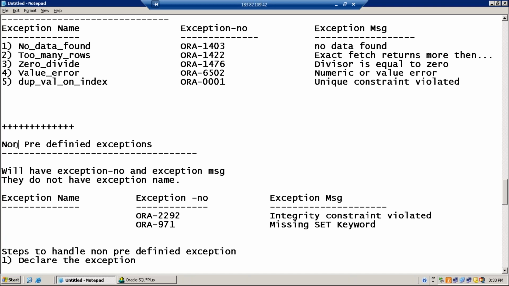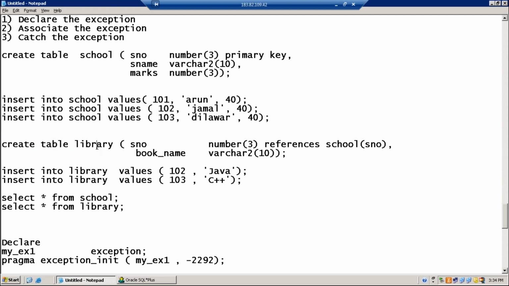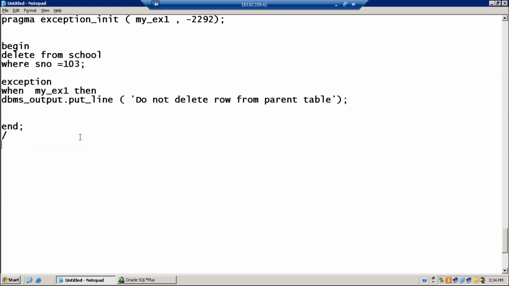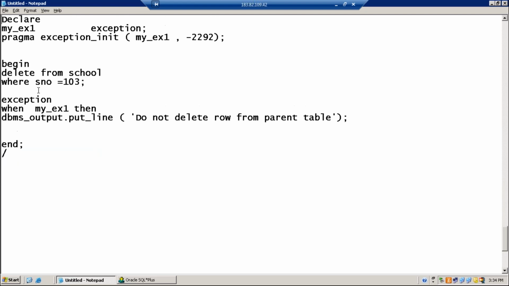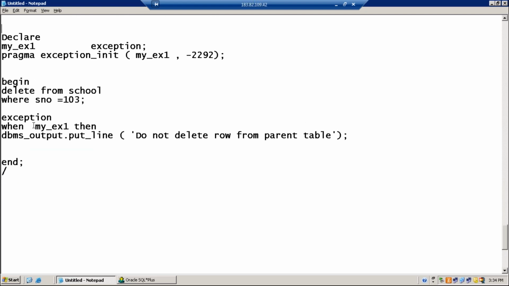So there is no universal handler for non-predefined exceptions. Sorry, universal handler. Interesting thing: WHEN OTHERS can also handle this non-predefined exception. WHEN OTHERS is universal.